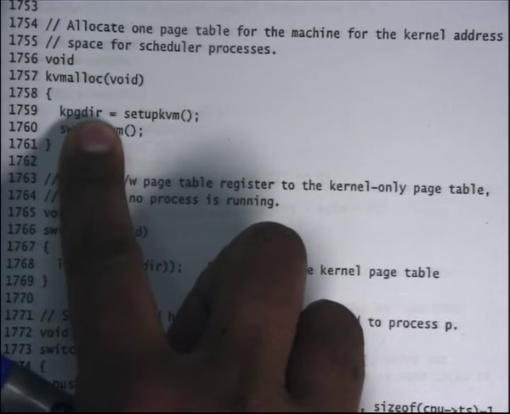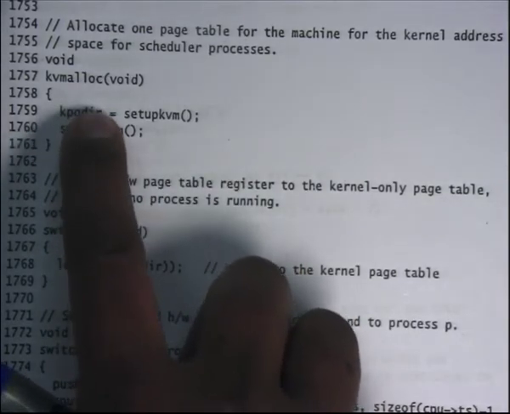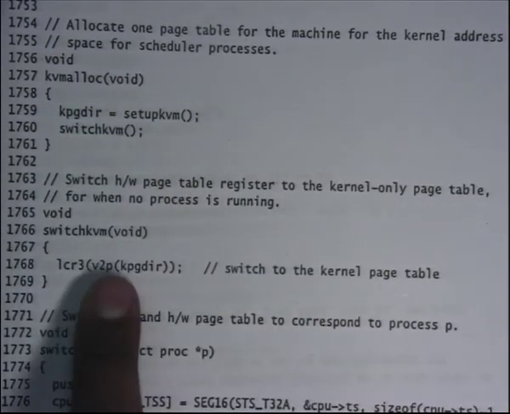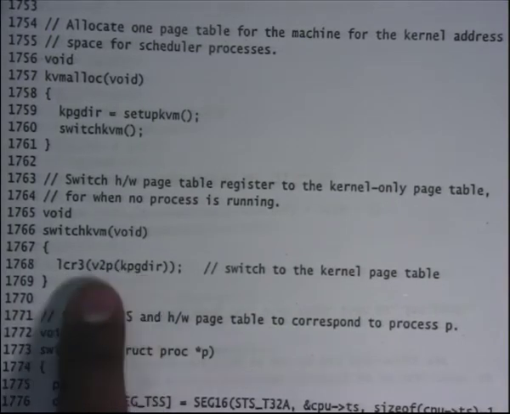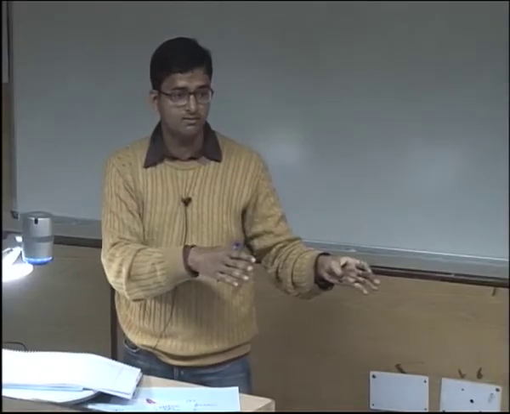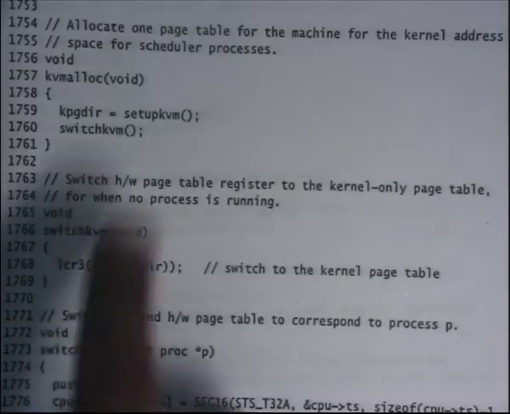This pointer is going to be a virtual address, and then I am going to call switchkvm. So kpgdir happens to be a global variable, okay, and so you just set up kpgdir to this, and switchkvm is just going to load CR3 with kpgdir, except that it is going to call v2p on kpgdir before it loads it into CR3. Perfect. You allocated kpgdir in your virtual address space, initialized it, you got a virtual pointer, you convert it into a physical pointer and load it into CR3. Recall that CR3 takes only physical pointers. Okay. So that's very simple.